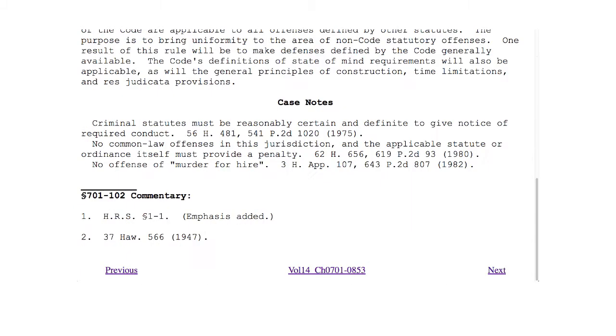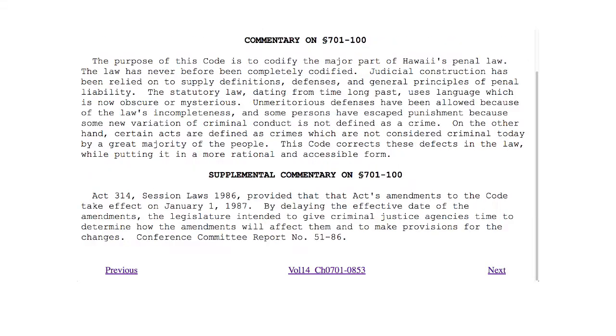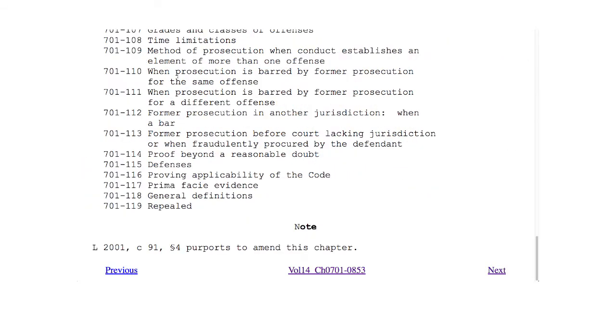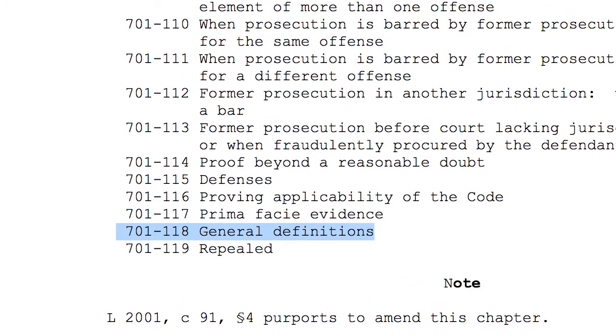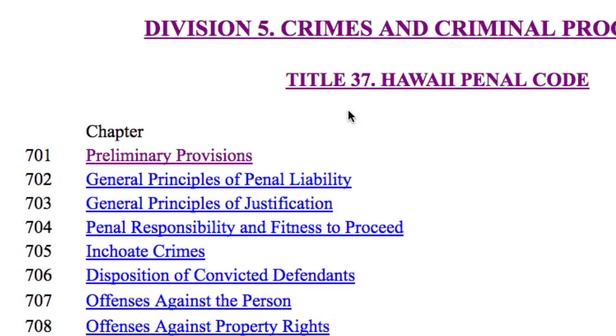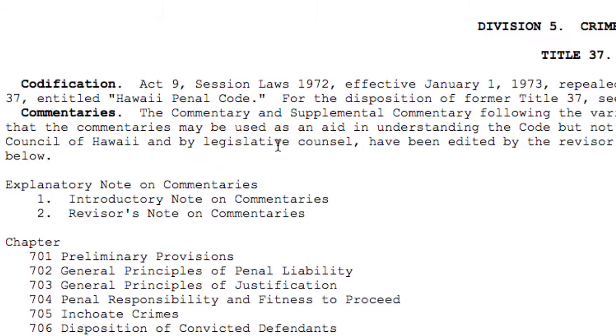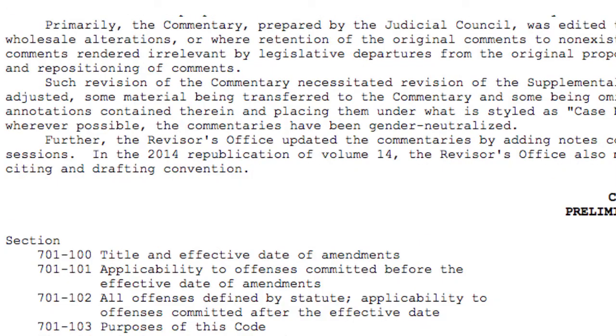So this is not the best solution if you want to drill down and look at a specific section, such as 701.118 that has the general definitions. So while I like to use the table of contents to eyeball the statute and get an idea of which section or chapter I want to go to, I don't like to use it for actual statutory reading because it's too fiddly. It takes too long. There has got to be a better way, and there is.